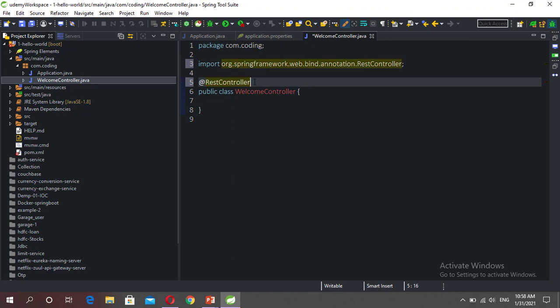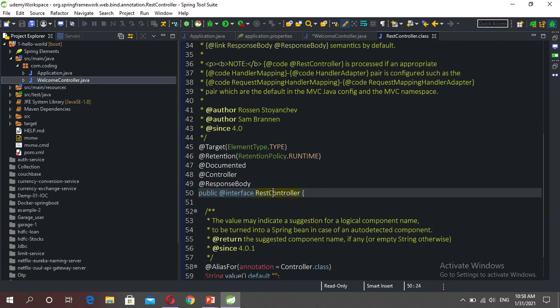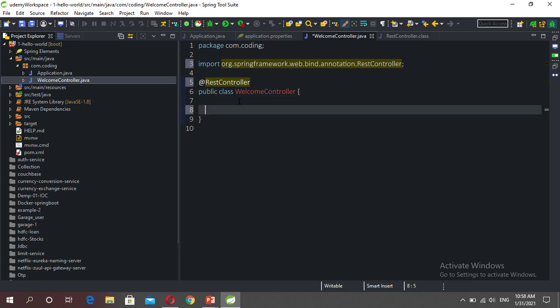If you remember from the slide, I explained that RestController is a combination of Controller and ResponseBody. So I will give proof. This is the RestController annotation, with ResponseBody and Controller. This annotation is built using the Controller and ResponseBody annotations. It is the combination of both annotations, since 4.0. So now we declare the class as a RestController. Then your methods return a welcome message.